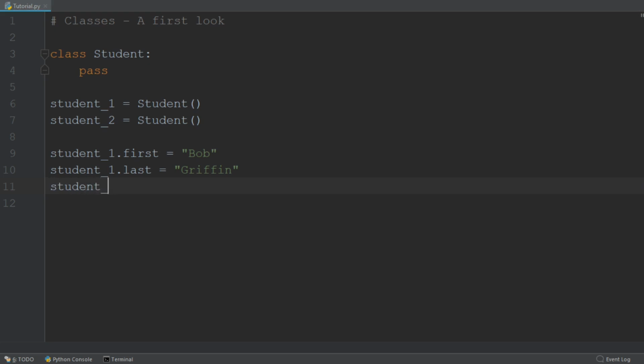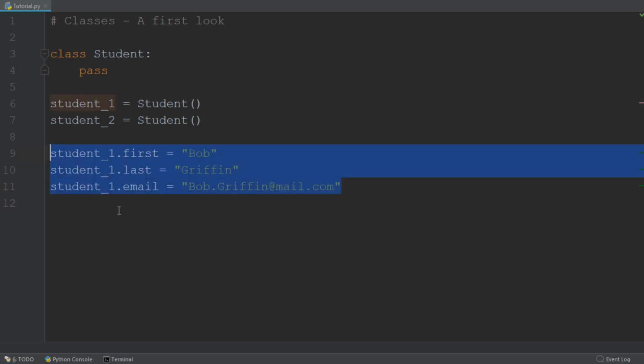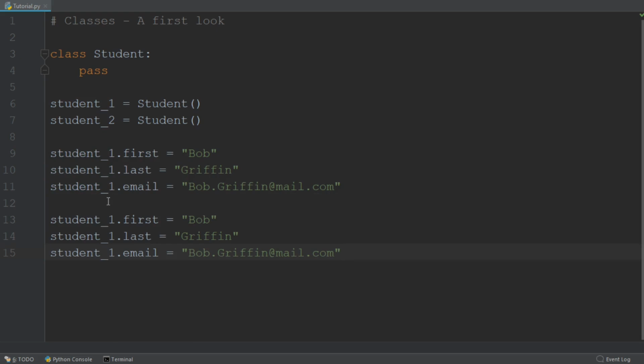student_1.email, and we'll give him a standardized email address, and it's quite usual and quite common for universities to give an email address along the lines of bob.griffin@mail.com. So first name and second name separated by a dot, and then some sort of standardized ending. So that's our first student finished, and we can also go on to define a second student, and